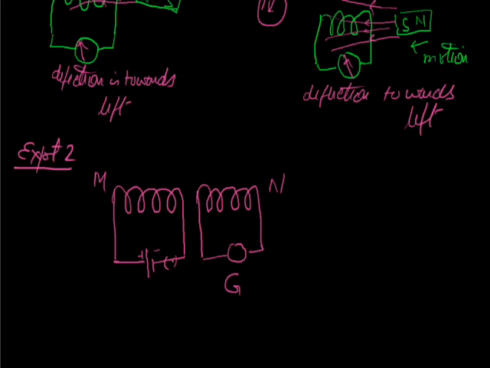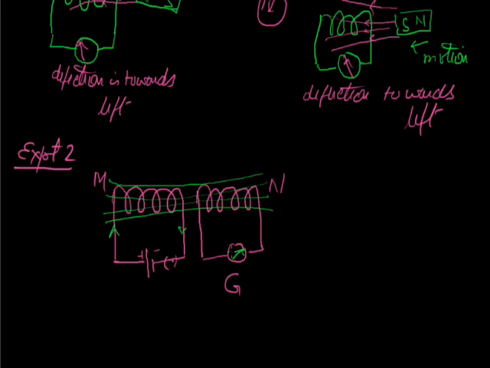That's N. Now, when we switch on the circuit, current starts in this way, and the magnetic field produced around this solenoid will be in this way. This is the magnetic field. Then the deflection in the galvanometer is towards the right. When no current flows through solenoid M, there is no deflection in the galvanometer. When we switch on the circuit, at that same moment, the galvanometer gives a deflection. But when continuous current flows through solenoid M, the deflection in the galvanometer becomes 0.